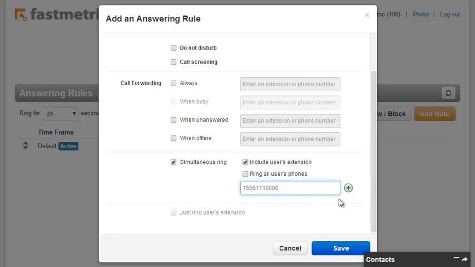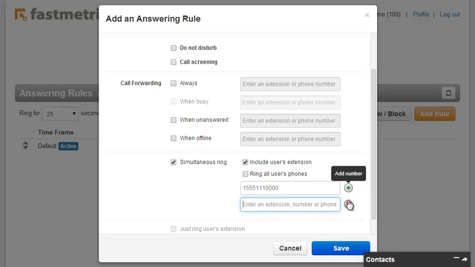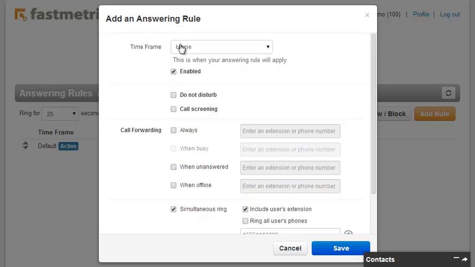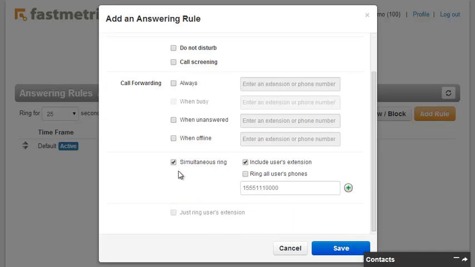And if you wanted to, you could add multiple numbers to this list by clicking this green plus icon. You can also get rid of them by pressing the red X. So now we have a rule that's going to apply all the time, and it's going to simultaneously ring this number. So one thing to note here is that we're not going to forward it always to that number,